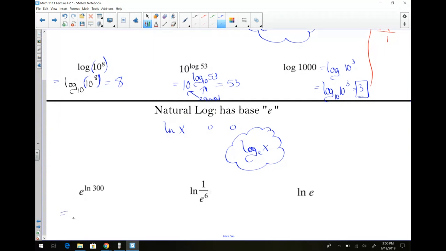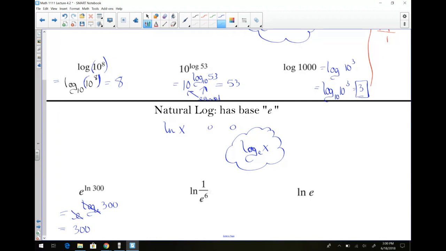So you've got e to the log base e of 300. Note that these bases, this e and that e, are the same, so I can cancel those out, and it just leaves me with 300. So instead of even writing it like this, you may be able to just say, oh, I don't have to write it like that. As long as you see a natural log and an e right beside each other,